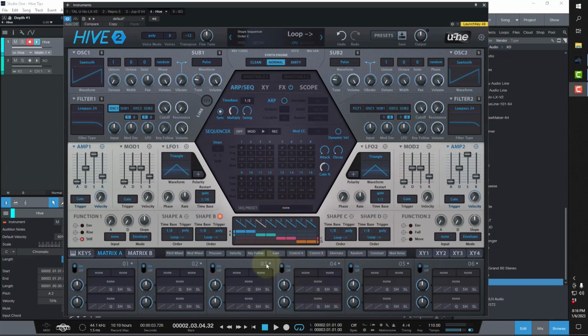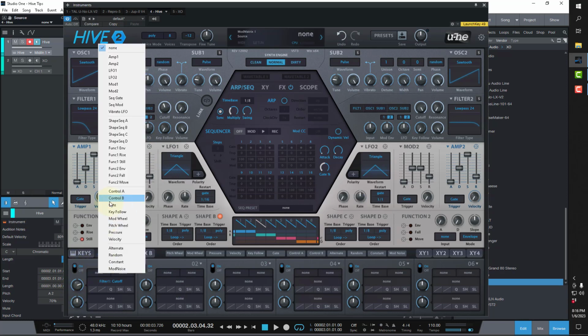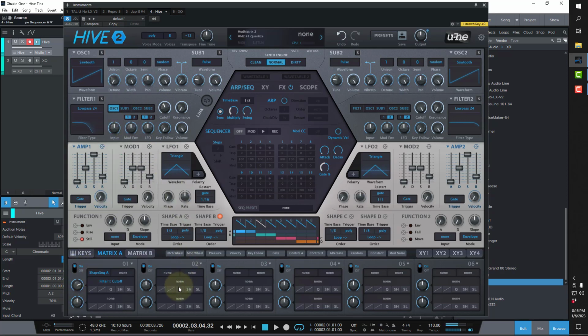So I'll just play a note on the keyboard here. First, let's make sure I've got everything. There we go. And let's go ahead and set up. We'll just do it simple with our good old cutoff frequency here. Set this up. We'll assign this to shape sequencer A. Now we've got a sequenced modulation. Pretty simple here. We can add some more steps